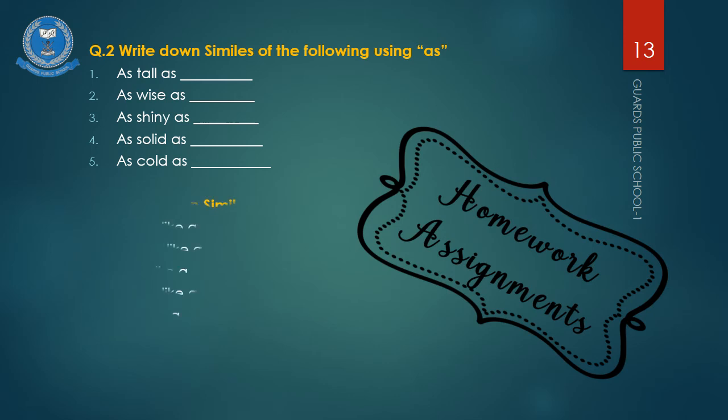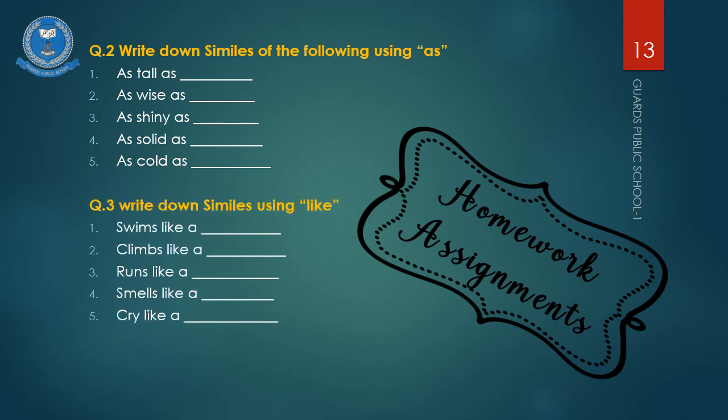And in question number 3, you have to write down similes using like. Number 1, swims like a dash. Number 2, climbs like a dash. Number 3, runs like a dash. Number 4, smells like a dash. And number 5,